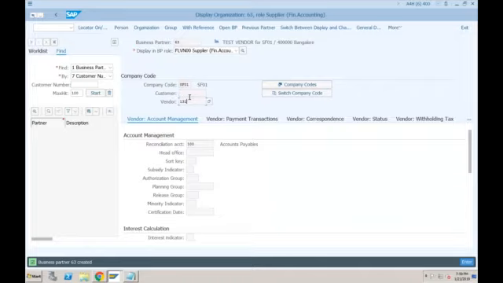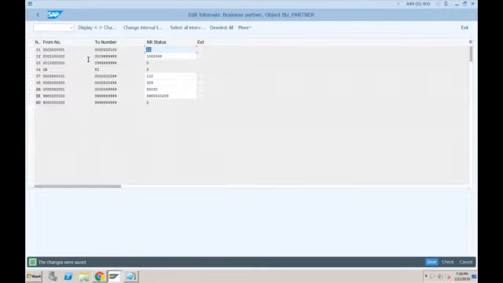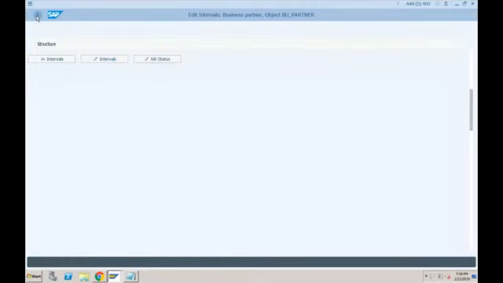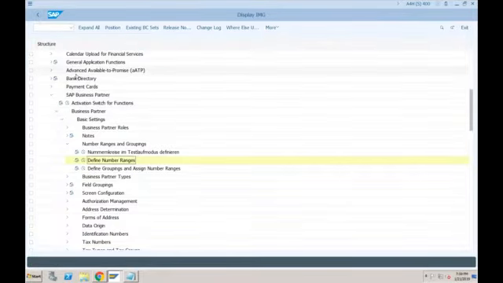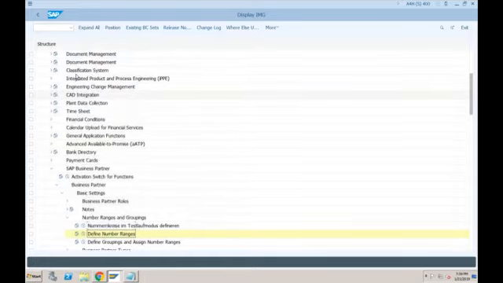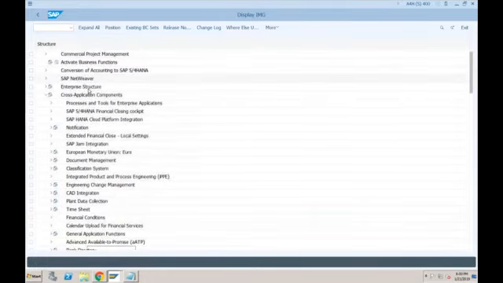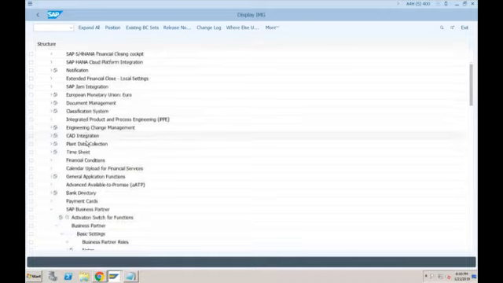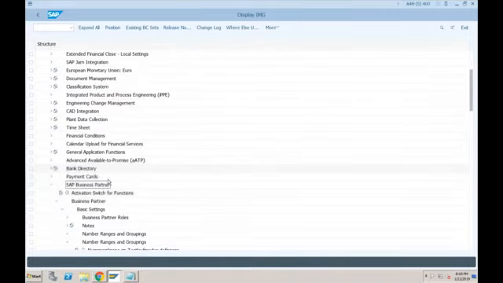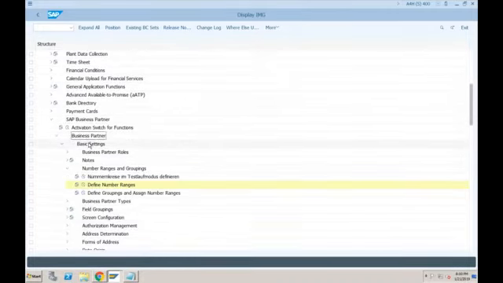Second question is, how did this business partner number get generated? This got generated based on the BP grouping that we provided. If I show you how the number 63 got generated, you can go to this configuration, which is in cross application components. Let me show you from scratch. In cross application components, we have this SAP business partner. Within SAP business partner, there is business partner, basic settings, number ranges.